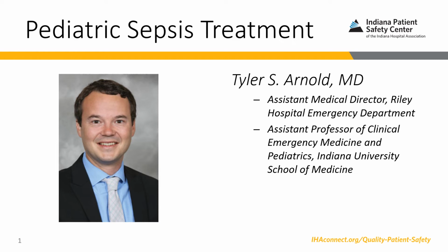So if you have a strong suspicion of a urinary tract infection, you definitely want to get urine cultures and urine studies. And if you think the patient has meningitis, you want to get CSF studies and cultures. I should note that you do not want to delay antimicrobial therapy if you believe that a patient has sepsis from meningitis. The third step in reversing shock, and this is the same for warm shock or cold shock, is